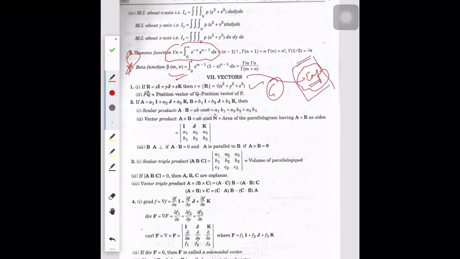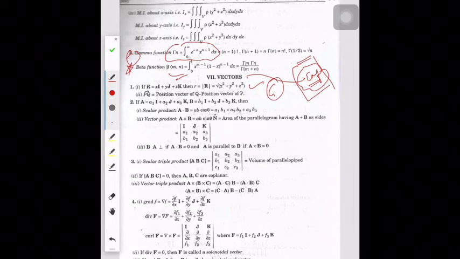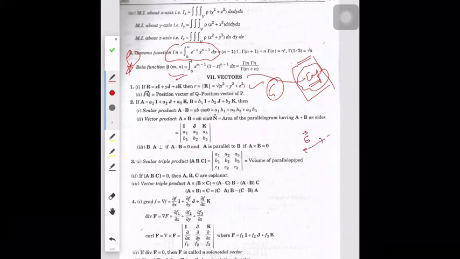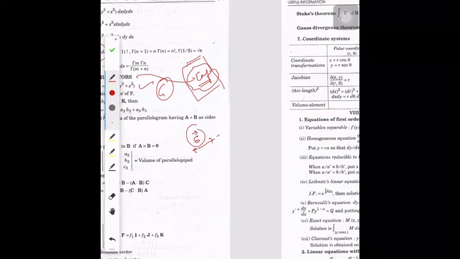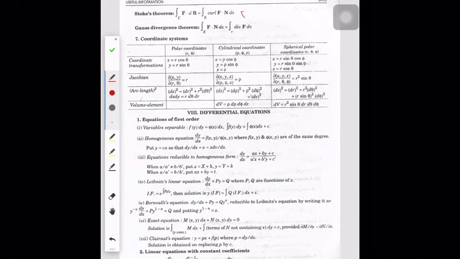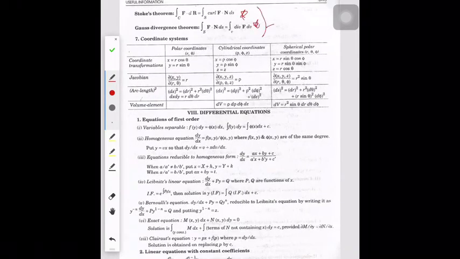In EMF, things will be represented with the help of vectors, like voltage vector and so on. Even the electric field is a vector, it goes from positive to negative. So these vectors will be added, multiplied, and used to find area, and all these things will be done with the help of vectors. And Stokes theorem, yes, divergence theorem, yes, these are theorems which you will find in the EMF chapter.